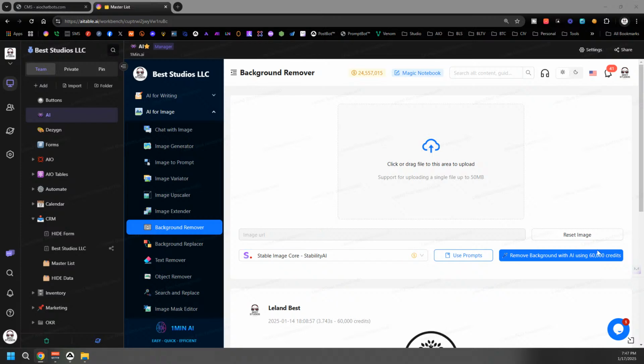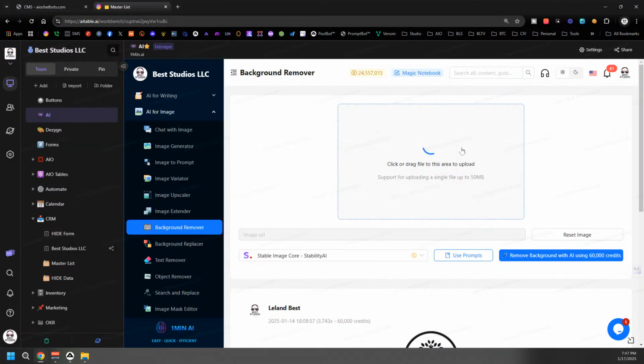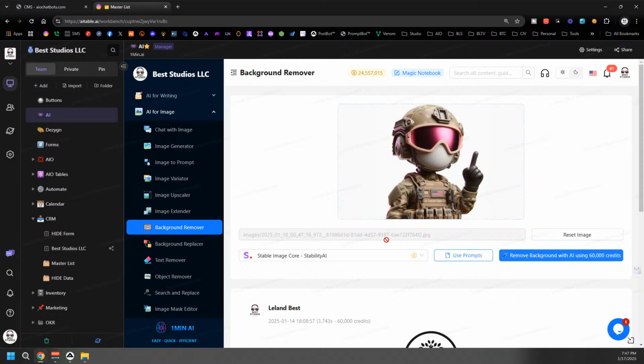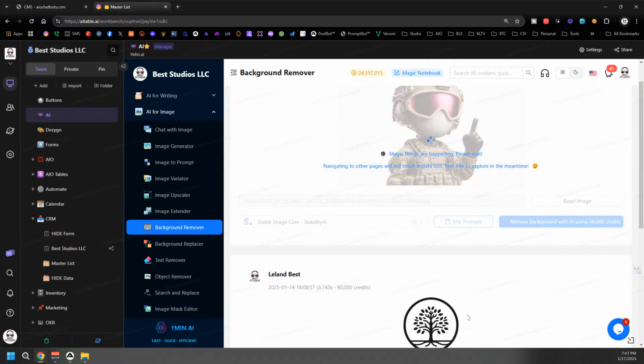So I can either dump the URL or I can simply drop it in here. So I'm just going to drag and drop that image right out of the folder, right into here. And it's going to upload that. And I'm not going to use any prompts. I just want to remove the background. Okay, it's automatic background remover. I might prompt it if I wanted to, but I shouldn't have to. 60,000 credits ain't much out of 24.5 million. So if I let it run,